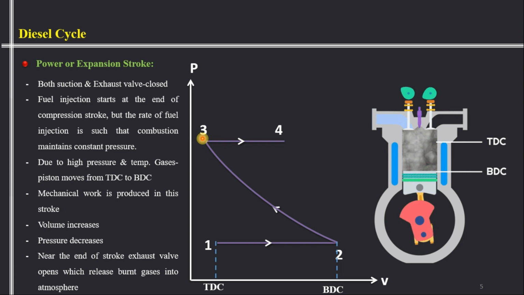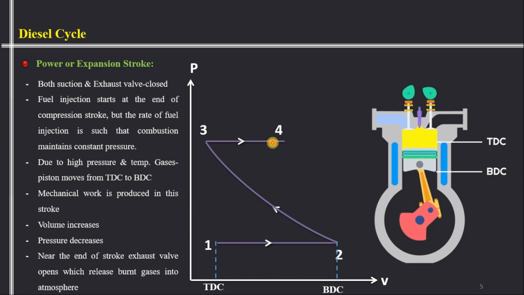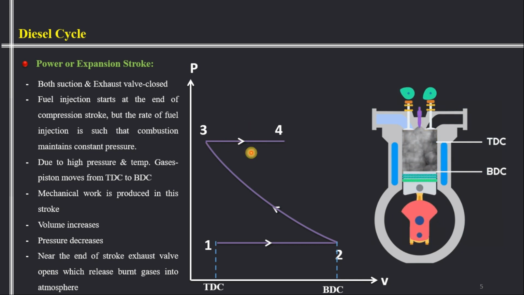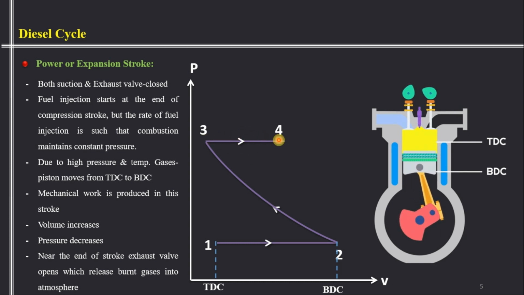So we have started the supply of diesel at point 3 near TDC, and we are continuing the supply of fuel up to point 4. And the rate of fuel supply is such that constant pressure will be maintained, and this process you can say is a combustion process or heat supply process, because we are generating heat in this process 3 to 4,